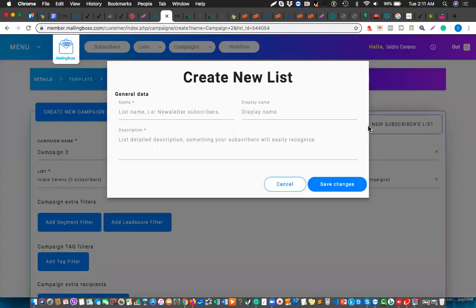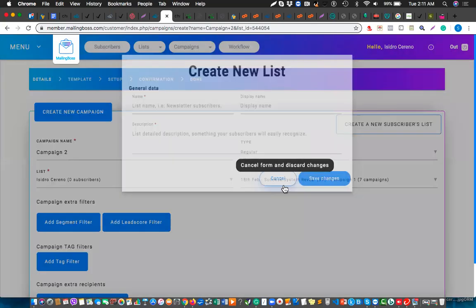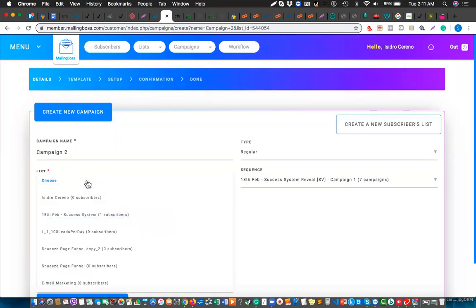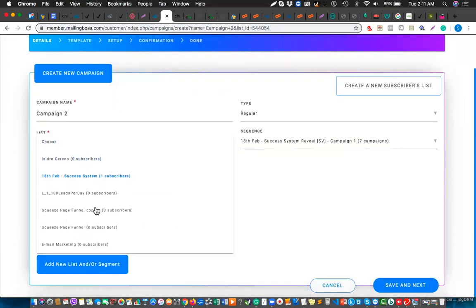Create new subscribers list. And pretty much I'm going to select the list, whatever. So the list name that I'm going to select is, where's the list name? We just created a new list right now, right? What was the name of it? We just created a list. What name did I give it? Success system, 18th Feb. Okay, let's just go back,